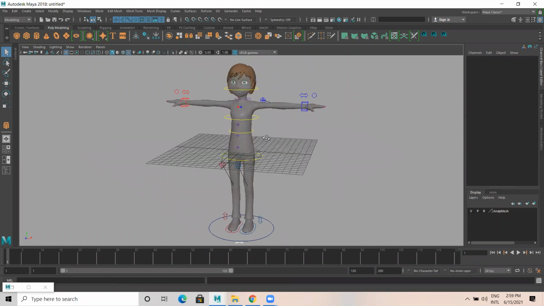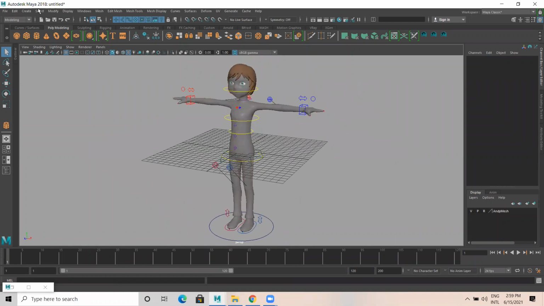So this is the character which we have taken.